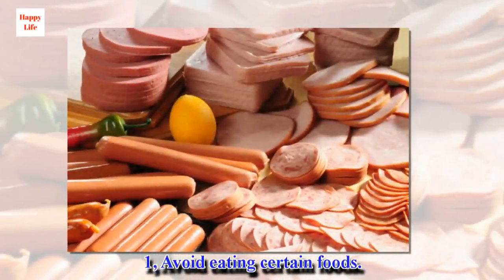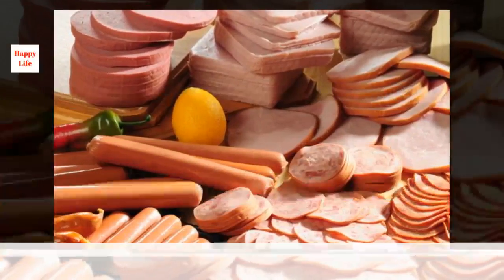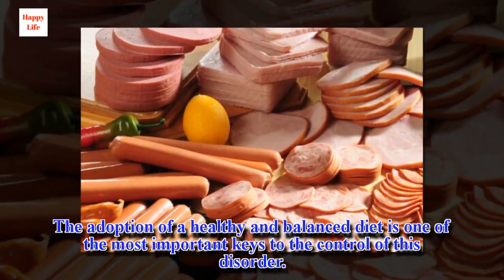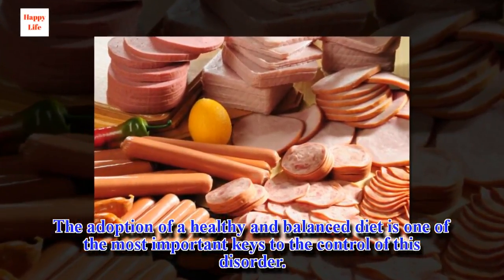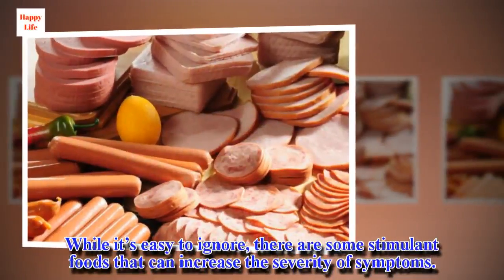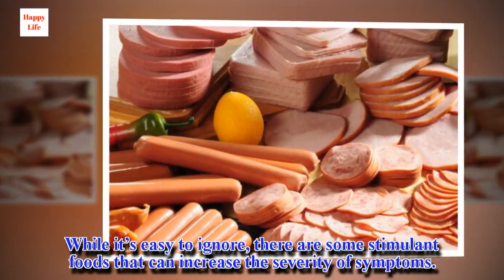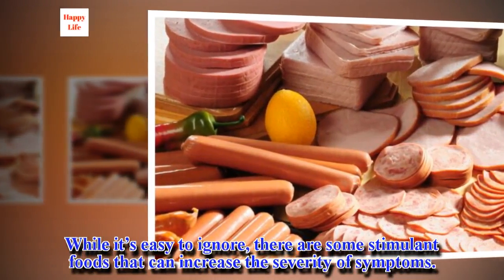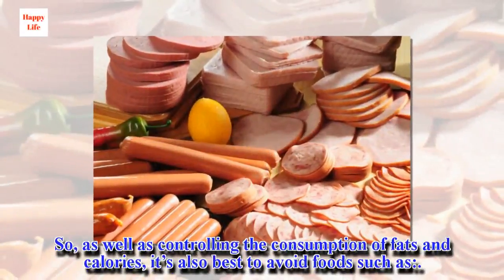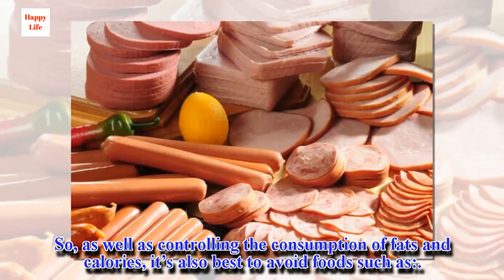1. Avoid eating certain foods. The adoption of a healthy and balanced diet is one of the most important keys to the control of this disorder. While it's easy to ignore, there are some stimulant foods that can increase the severity of symptoms. So, as well as controlling the consumption of fats and calories, it's also best to avoid foods such as